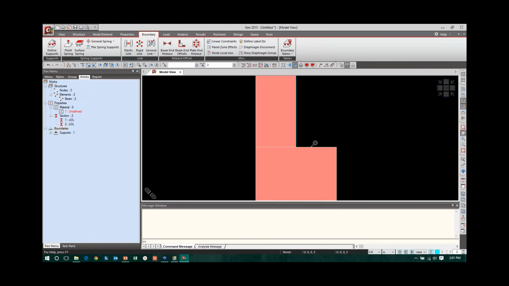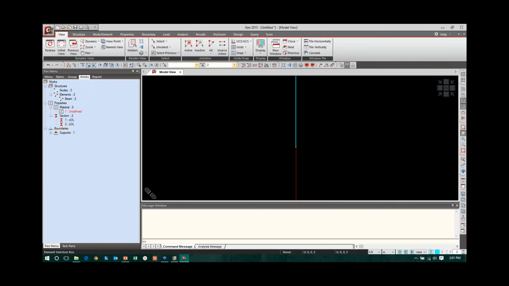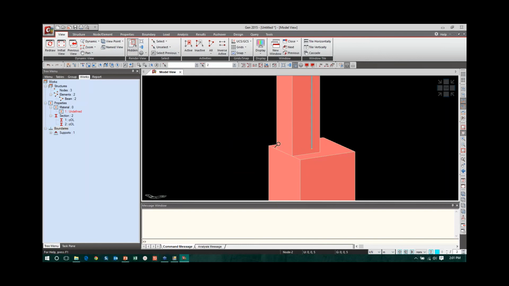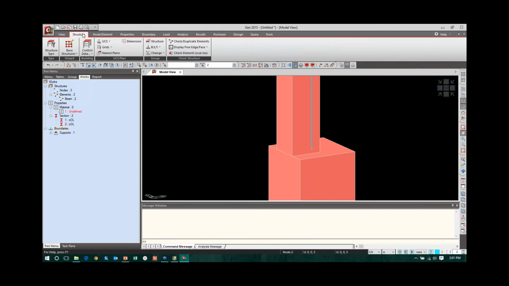Once you apply the loads, it creates additional moment in the column below. In the line view, it is a straight column, but if you go to the 3D view, extruded view, you can see the offset in the column. So you can give different offsets for different positions for the columns. Not only for columns, you can give offsets for slabs and plates. For example, if you have a sunken slab, where on two sides the slab is at a different level from the beam, those things also you can model here.